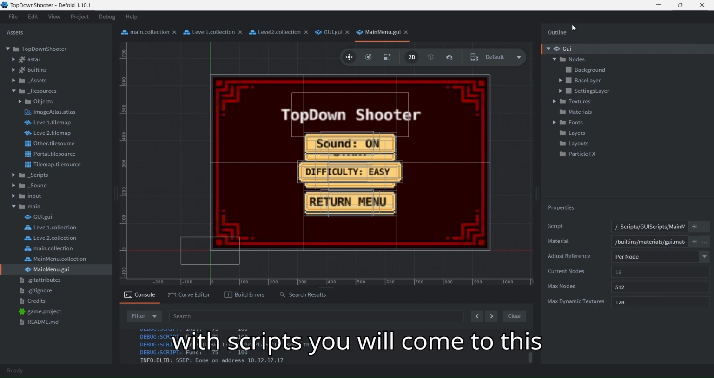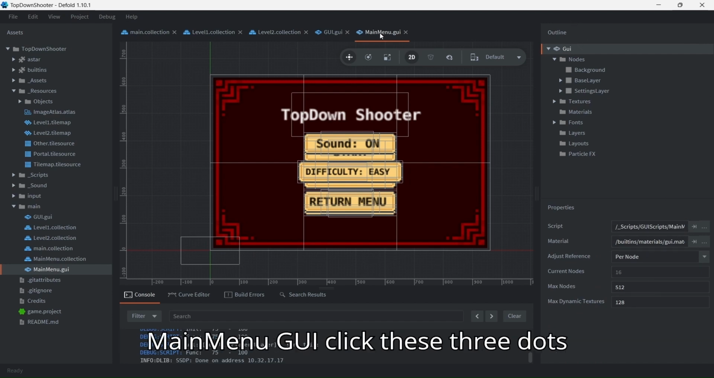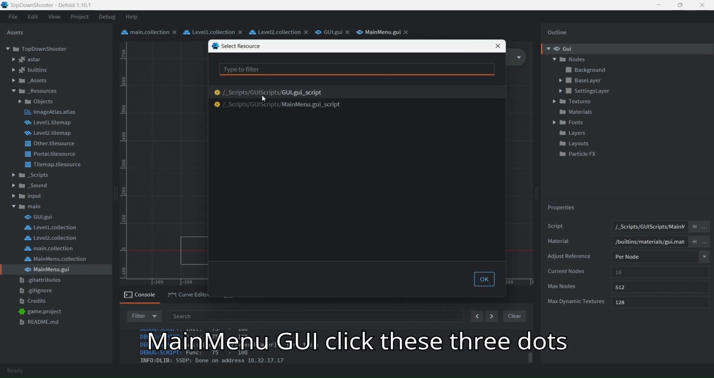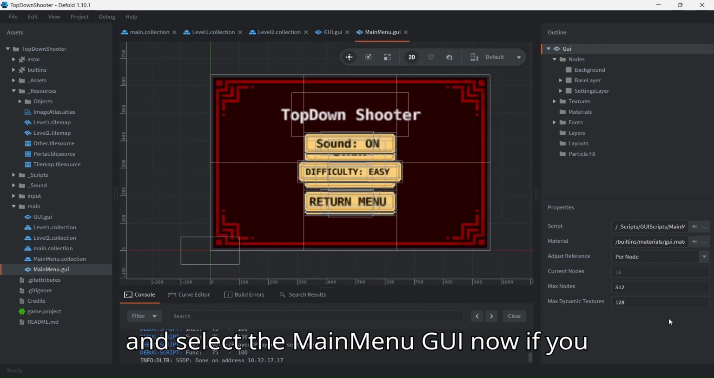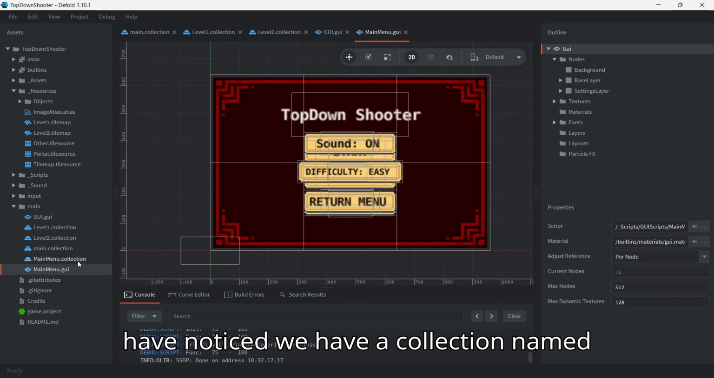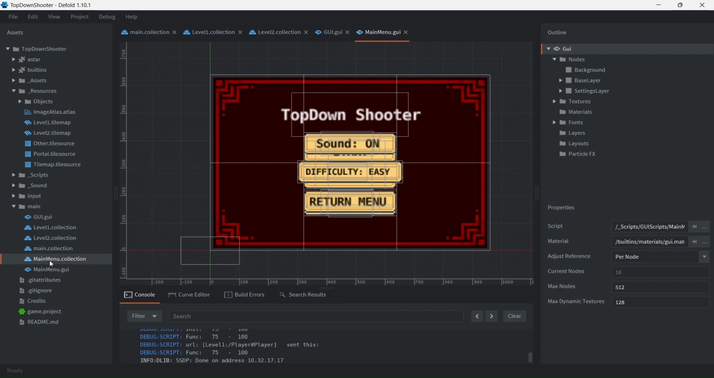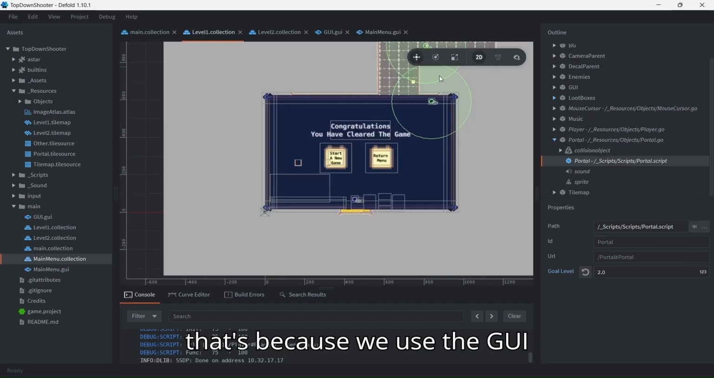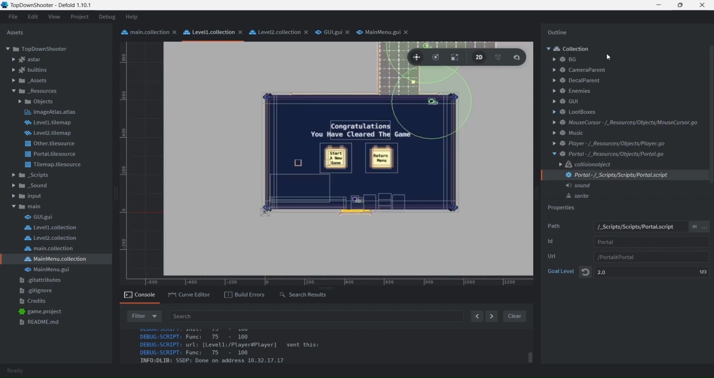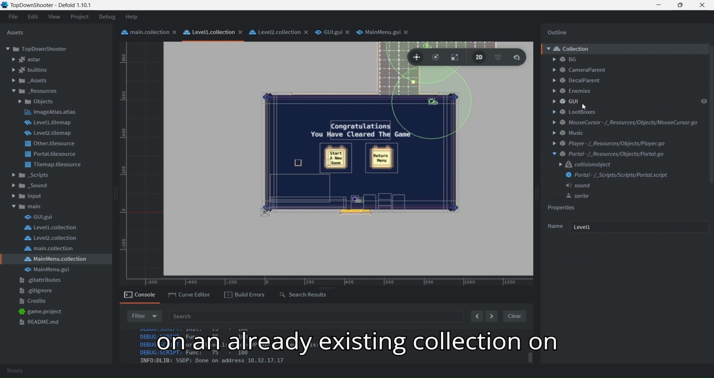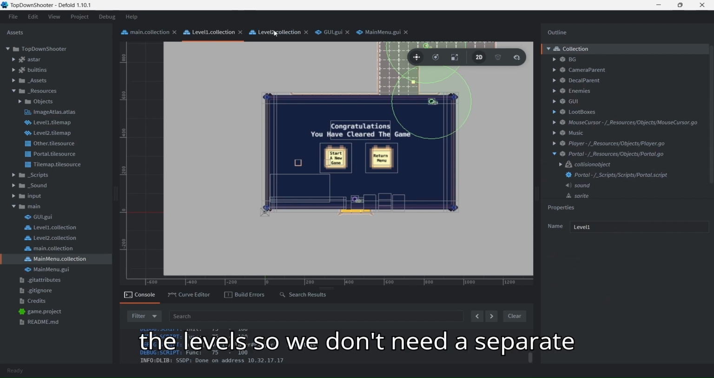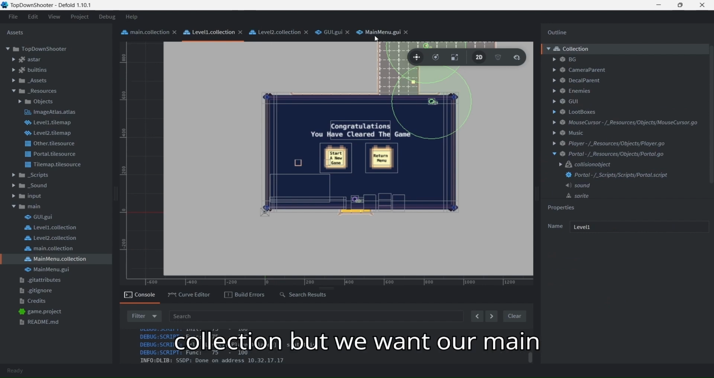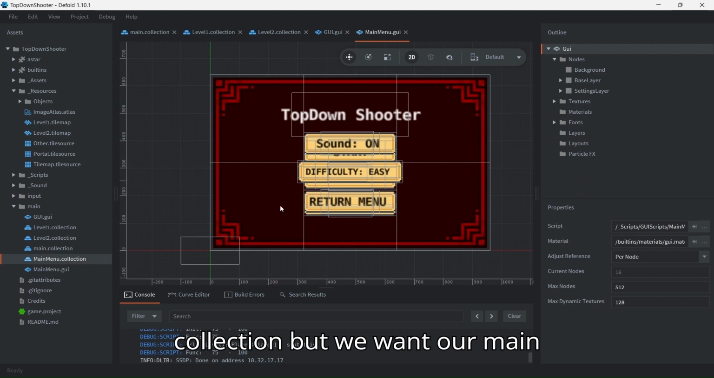So when you are done with scripts, you will come to this main menu GUI, click these three dots and select the main menu GUI. Now, if you have noticed, we have a collection named main menu, but we don't have one for GUI. That's because we use the GUI on an already existing collection on the levels, so we don't need a separate collection,